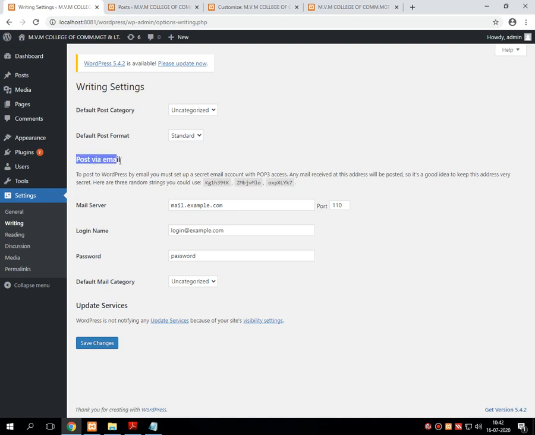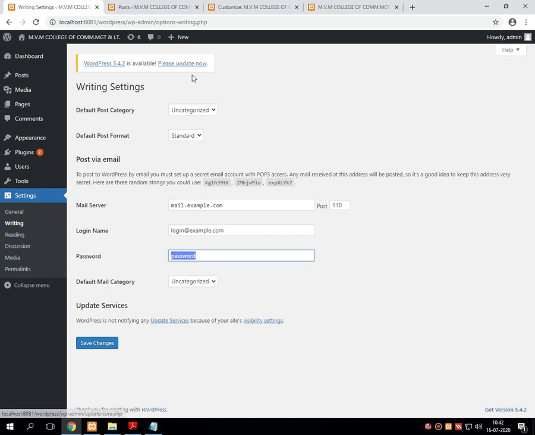That particular post can go through mail if you require. Then the email setting is there, but this could work if your internet is connected with the system, otherwise it works locally for the system by writing mail.example.com and the login ID that I have given here. No need to give the password, no need to give the mail category. Put this setting as it is, which is given by default by WordPress.